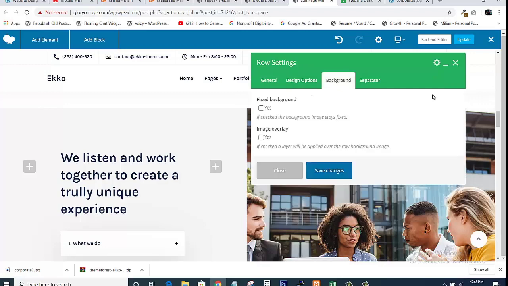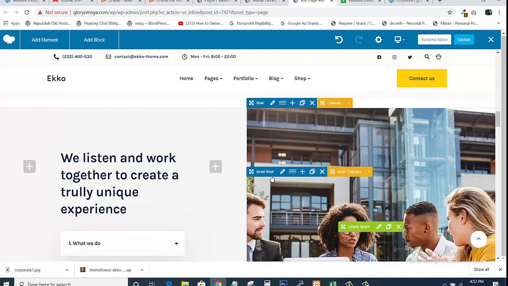So this is the background. Let's go there to see. Okay, the image is not here. Then let's close, then let's look at the inner row. Of course, in your case, this inner row area will be like this. So to check this inner row, click on that thing there, then click on the pencil,